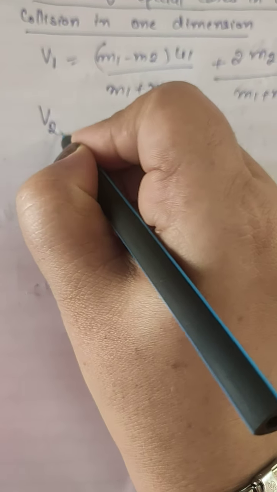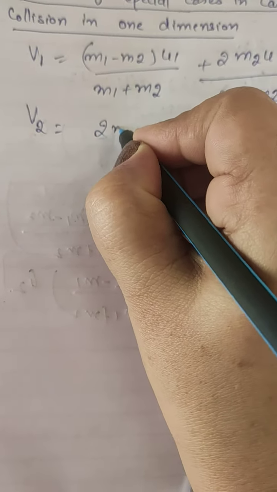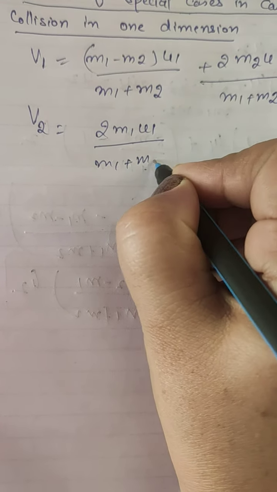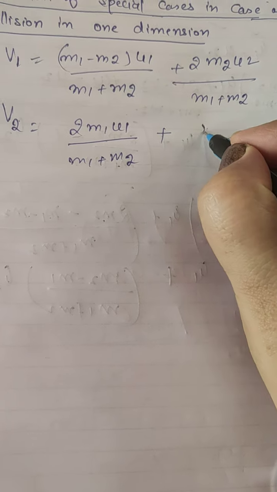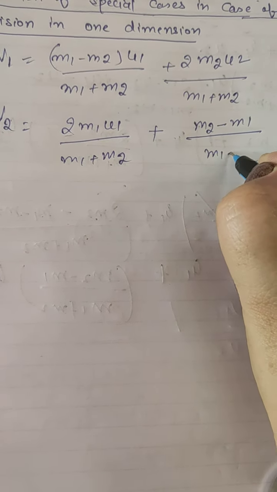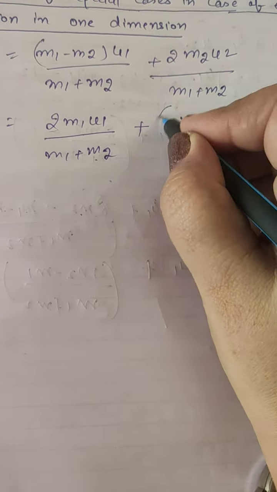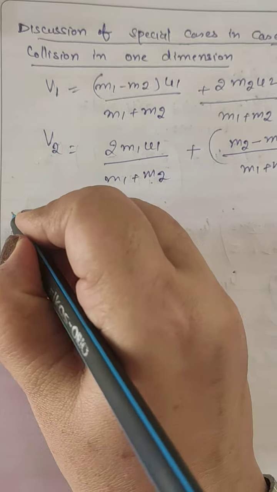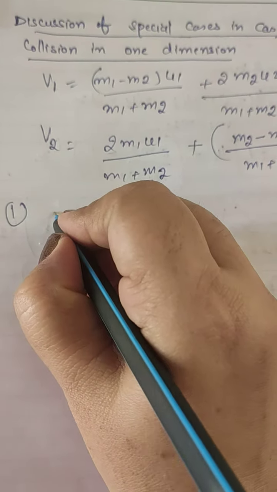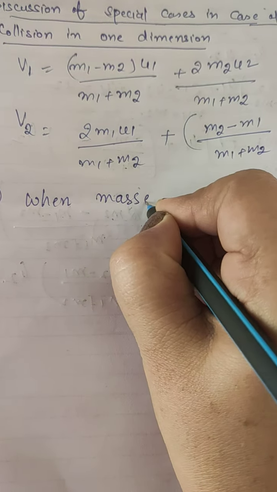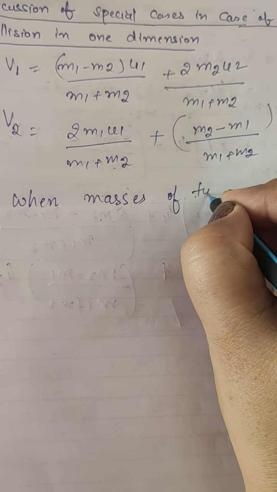Similarly, v2 we have calculated was 2m1 u1 divided by (m1 plus m2) plus (m2 minus m1) upon (m1 plus m2) into u2. Right? Now, the first case, when masses of two bodies are equal,